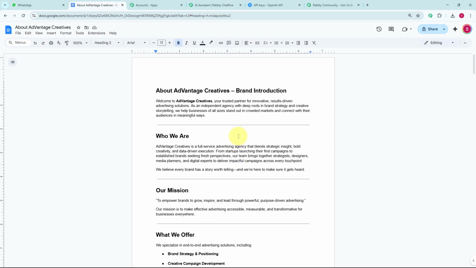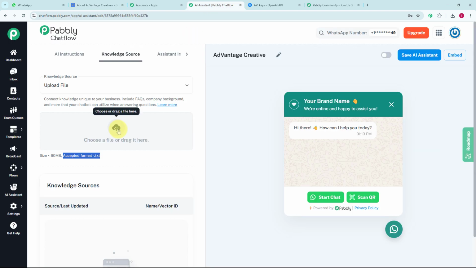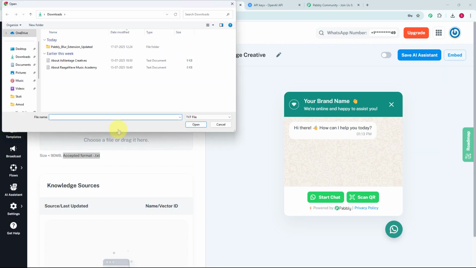For that, you just have to go to your knowledge base, and here in the file section you can see we are getting the option for downloads, and in this download section you can see we are getting the option for downloading the file in .txt format. So just click on this plain text .txt and your .txt file will be downloaded. So here my knowledge base is already downloaded in .txt format,